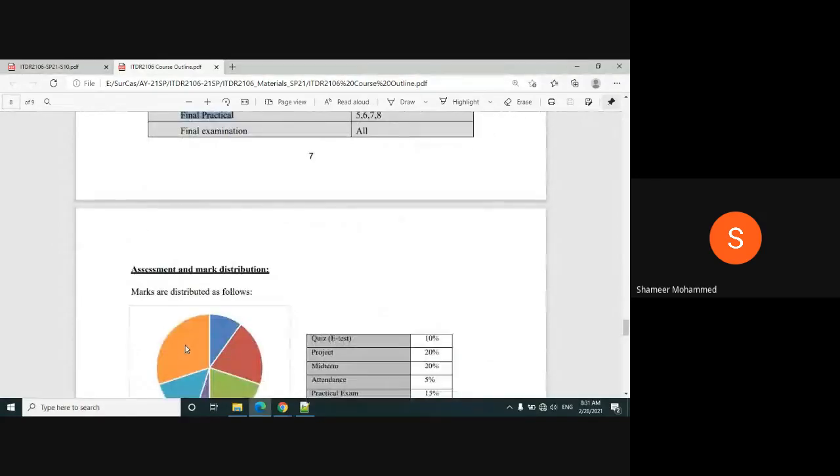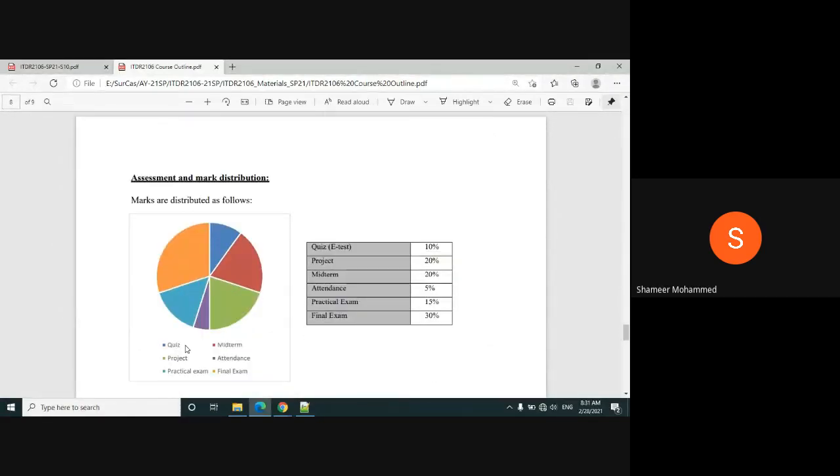The marks distribution for your different assessments are like this. Quiz in the Blackboard, you will get 10 marks. Project, 20 marks. Midterm exam carries 20 marks. Your attendance, participation, then completion of your labs carries 5 marks. Your lab exam is 15 marks. Final exam 30. So 70, 30.